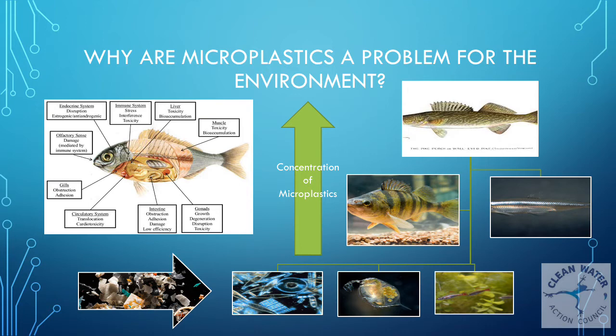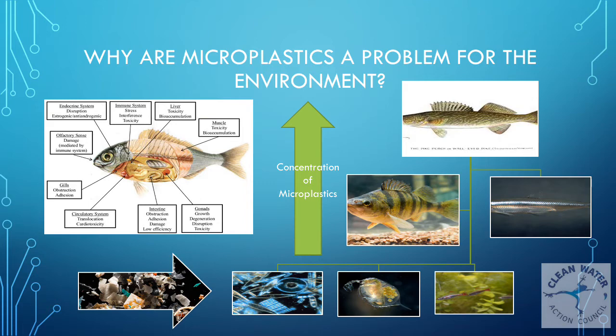So bioaccumulation is a pollutant's concentration increase from the environment to the first organism in the food chain. So that would be from the water to these plankton and things on this lowest level. And biomagnification is the increase in concentration of the pollutant as it moves through organisms higher in the food chain. So that would be from the plankton and the minnows up to the perch and up to the walleye and bigger fish.